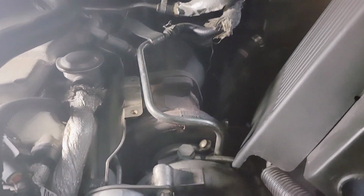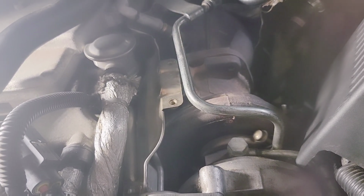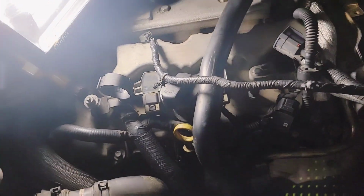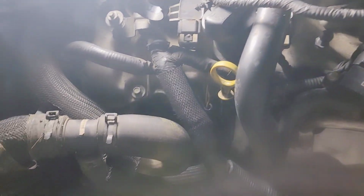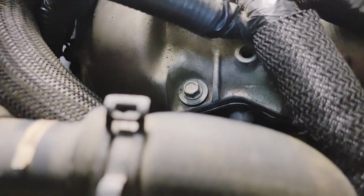So yeah, here's the interesting thing about this car. Trying to get a little bit more light. All right, so here, obviously this is the turbo. I've already taken off the intake, the air box. I've actually pulled the air box out because I'm going to change the alternator since I got a lot of stuff out of the way. There's nothing wrong with the alternator, but it's never been changed. So I figured since I'm doing all of the stuff that I'm doing, plus I want to change the oil pressure sensor, which is something I've had for about 2 years and I just could never get to it because